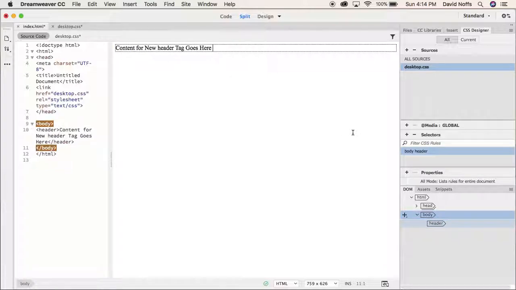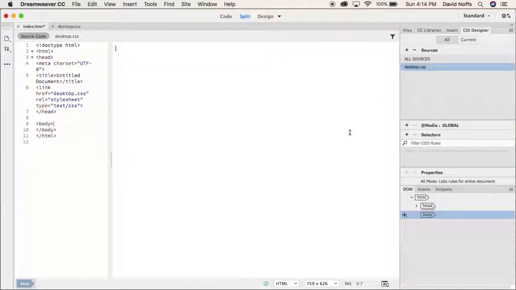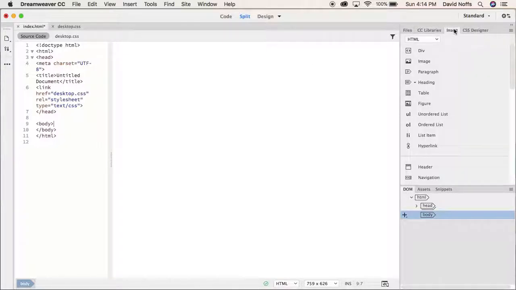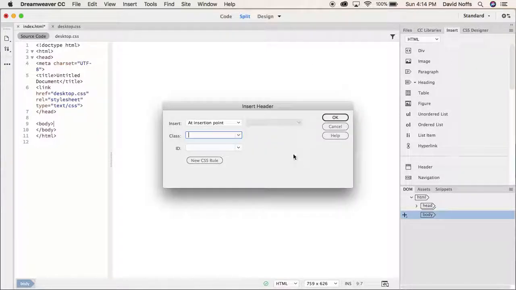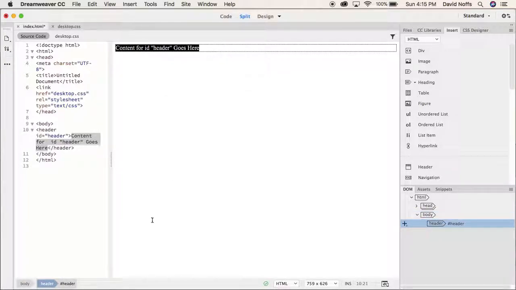I'm going to go in, I'm going to undo this div by simply doing Command Z. So I've removed that div, and this time around I'm going to go to Insert, Header. I'm going to once again simply call it Header, and the only thing I need to do to fix this bug is to simply click on this little down arrow here on the ID selector, and once I do that, you'll notice that it stops blinking inside the header ID field,